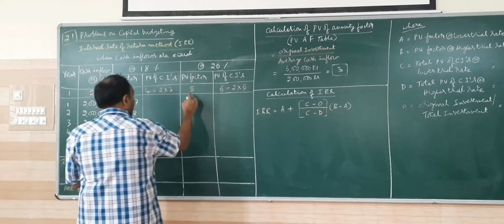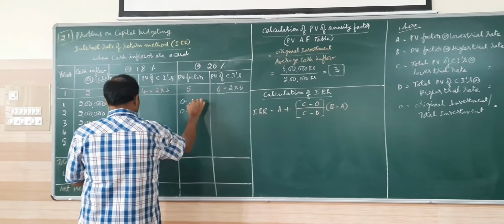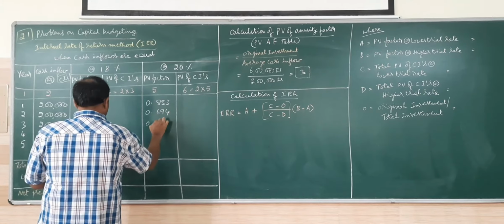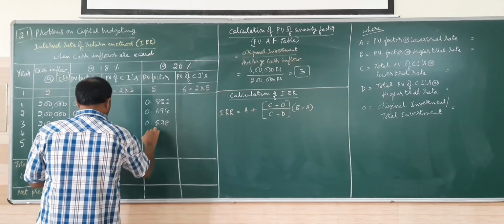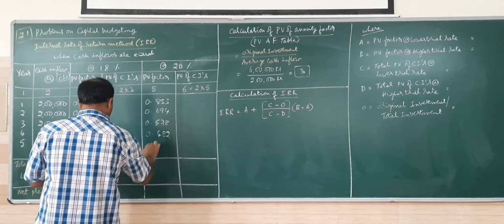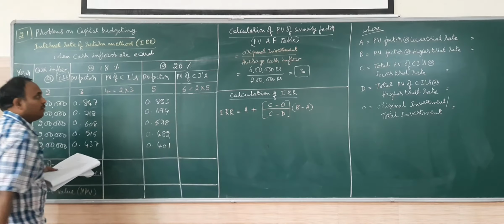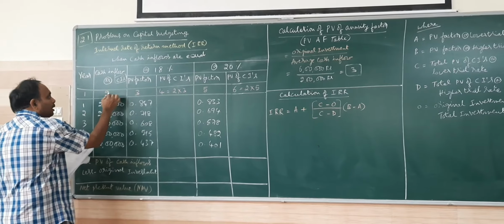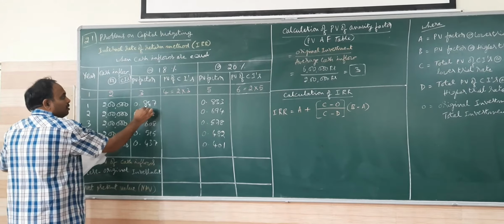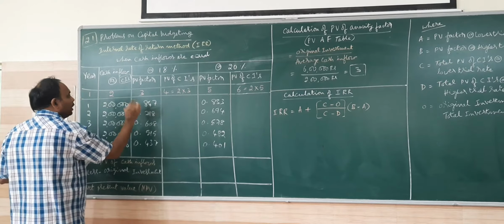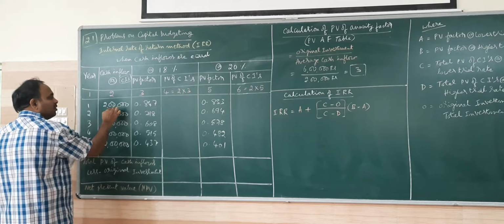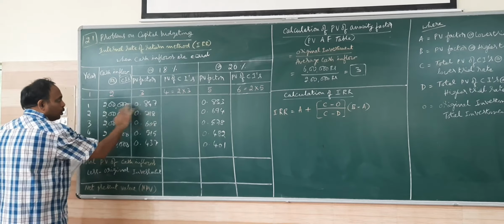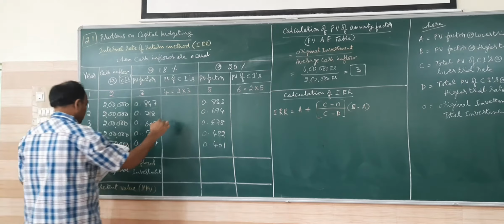And also I have 20%. You can refer to the PV table or you can calculate the PV factors on your own. So I have written here, like earlier when we found NPV, we have to multiply the cash inflows with the PV factor. Column number 2 into 3, or PV factor into cash inflow, one and the same. So I will now multiply 2 lakh into the PV factor here at 18%.